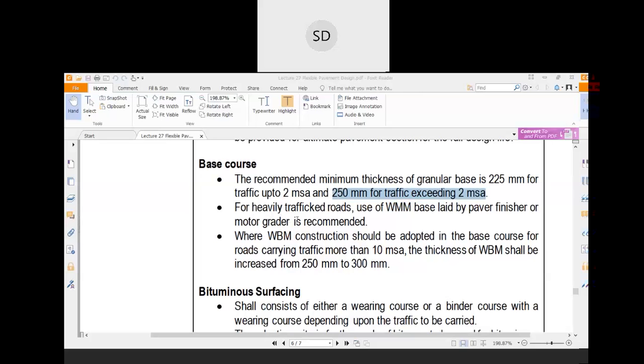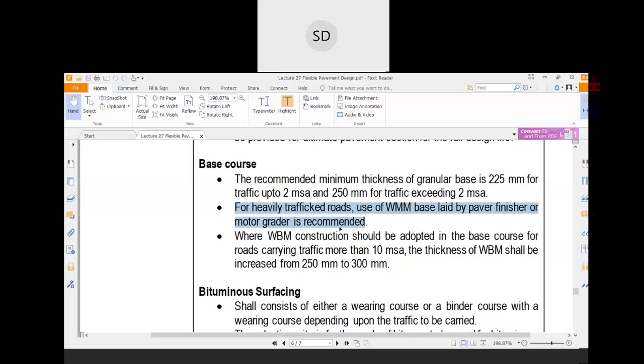For heavily trafficked roads, use of water-bound macadam base laid by paver finishers or motor grader is recommended. So basically, you can ignore that point. For heavy traffic roads, you can use some other materials like granular aggregates plus bitumen content, and you can make some water macadam and use this for heavy traffic loads where your traffic would be